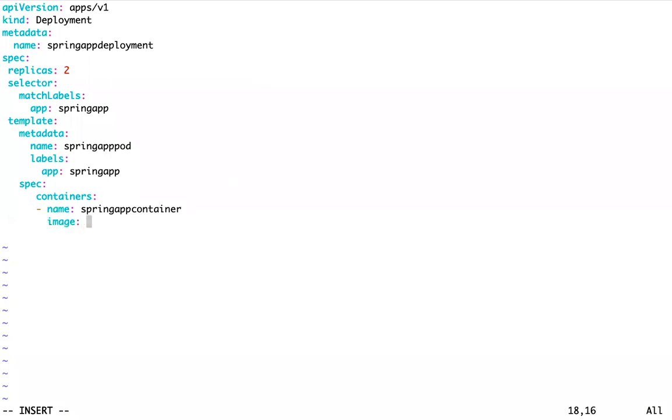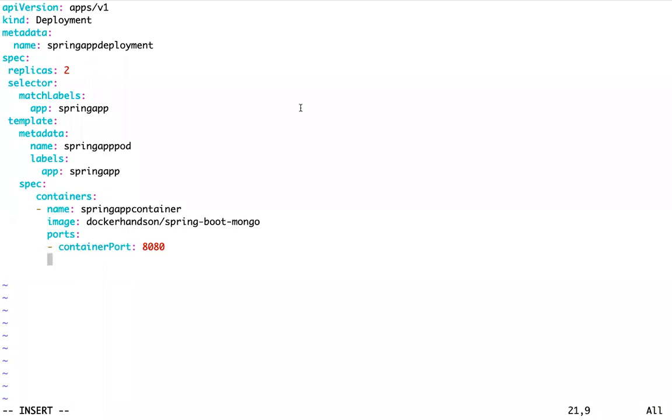So image, what image? Docker hands-on slash spring boot hyphen mongo. Ports, this port.